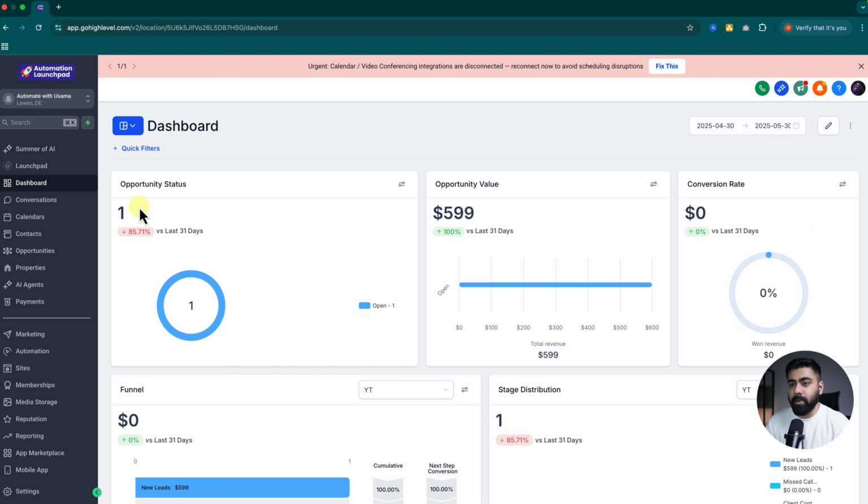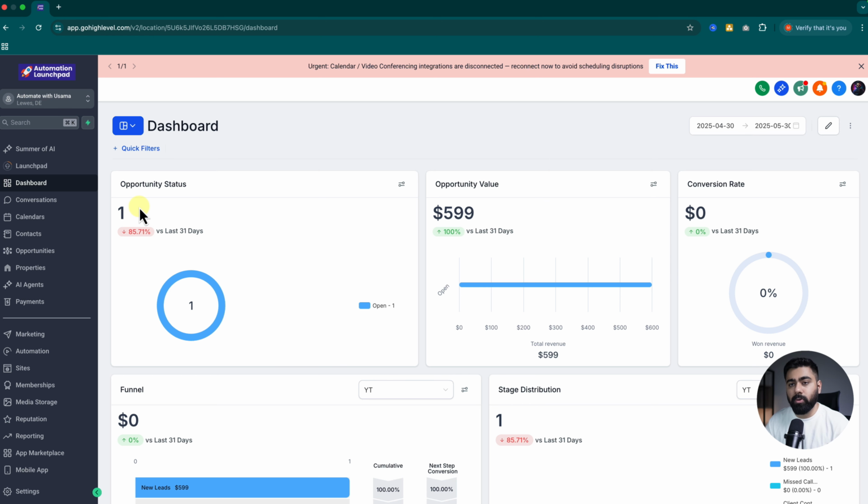But the cool part is you can also do this for voice AI agents, where you can transfer calls from the AI agent to an actual salesperson or to another AI agent to accomplish a goal. So let's dive into the setup and I'll show you how this works. All right, so I'm in my Go HighLevel sub account, and before I jump into the setup, there's two things